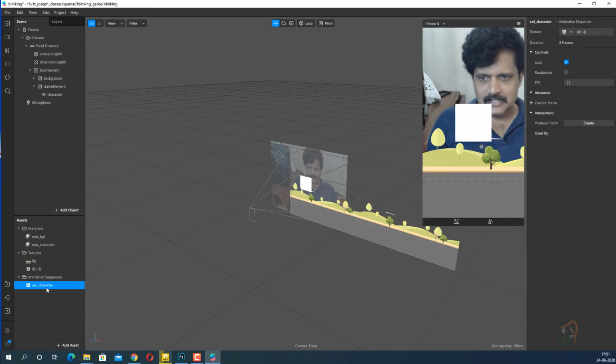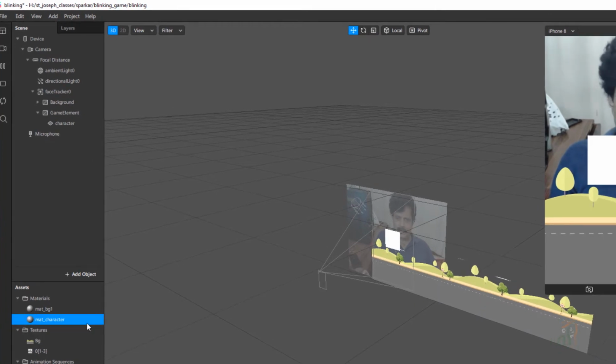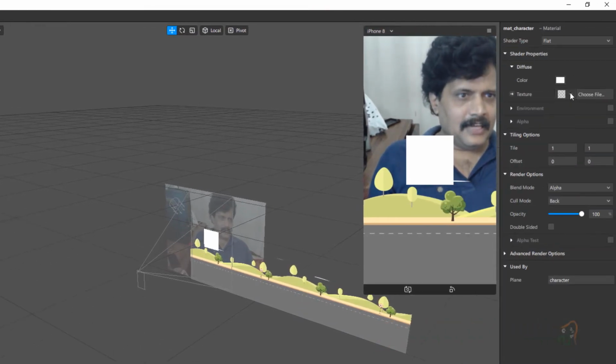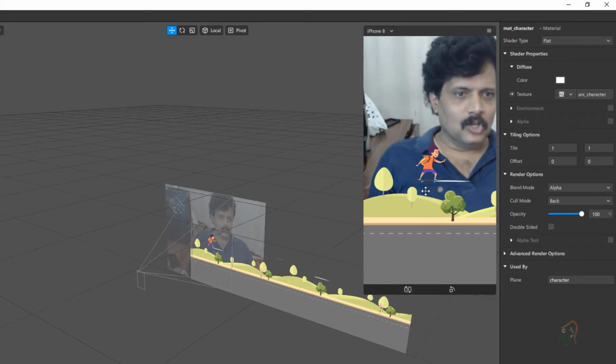Now coming back to this material character, I choose this material, and in texture I am going to choose the Annie character animation. You can see the animation playing. This is a 3-frame animation playing over here.